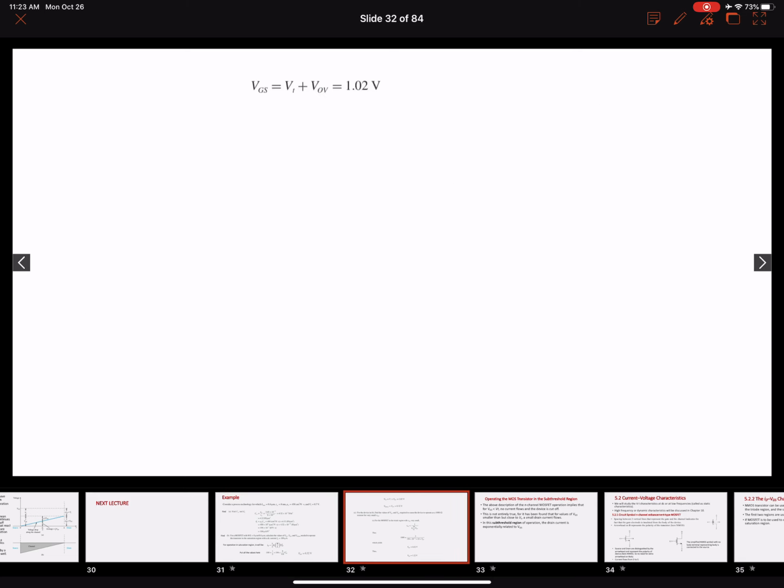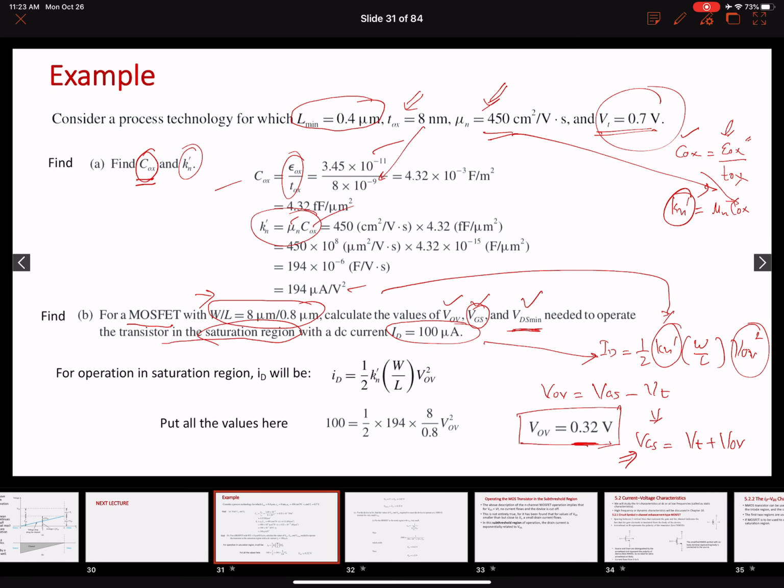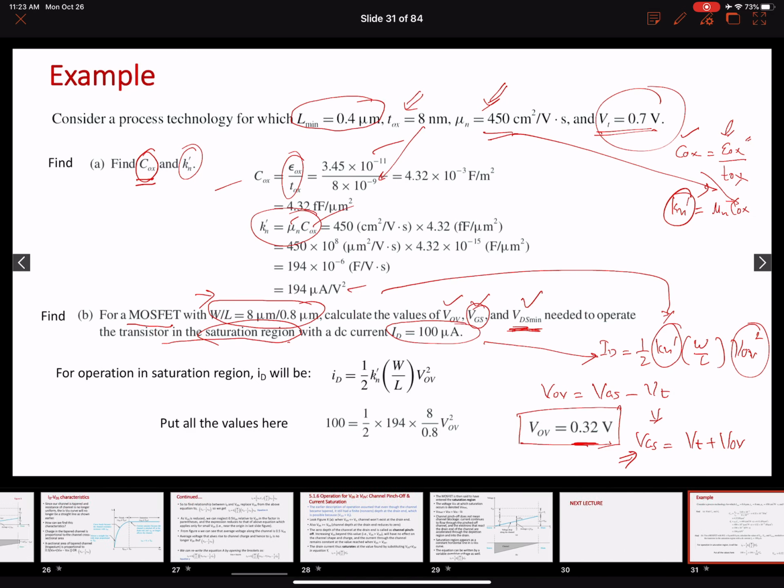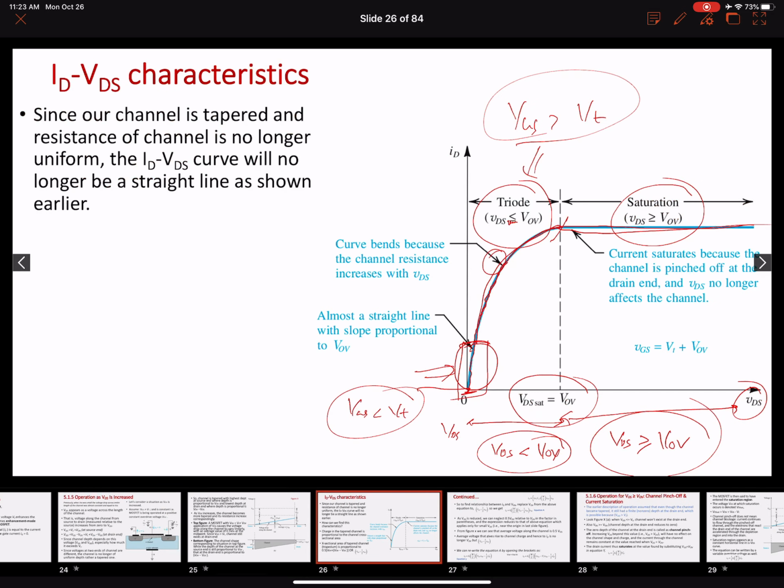Okay, so the gate to source voltage is 1.02 volts. So the third thing that we need to determine is the minimum value of the drain to source voltage that is needed to operate the transistor in the saturation region. So over here we are talking about the starting point of the saturation region, right? We saw in this IV characteristic that exactly at this point our saturation region starts, or this is the smallest or the minimum value of the drain to source voltage that is needed to operate the transistor